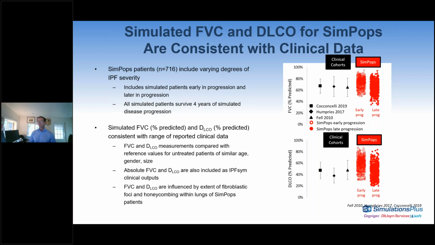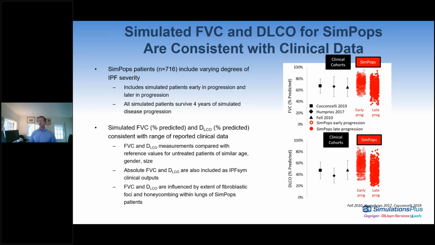And then the same thing with the diffusing capacity, the DLCO, a worsening over time, with all patients really nicely lining up with the data. It should also be noted that there are some patients obviously falling just outside of that range of data, and that is very much intentional. It allows us to explore certain hypotheses of patients, whether they're relatively early or relatively late in the disease spectrum. Again, it enables selections of sim cohorts to determine if maybe an early patient would be more responsive than a late patient, et cetera.